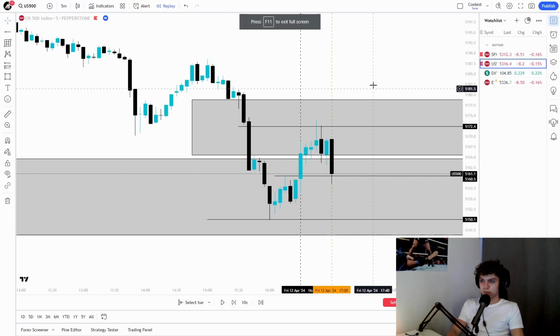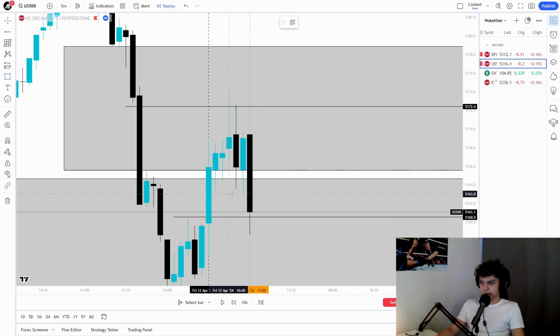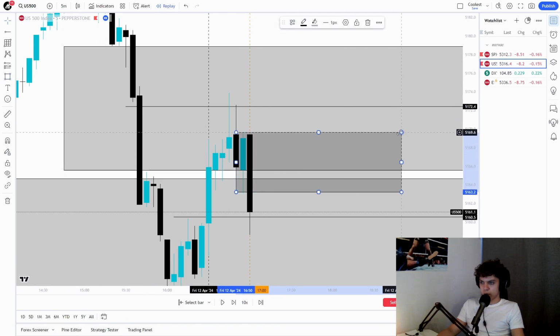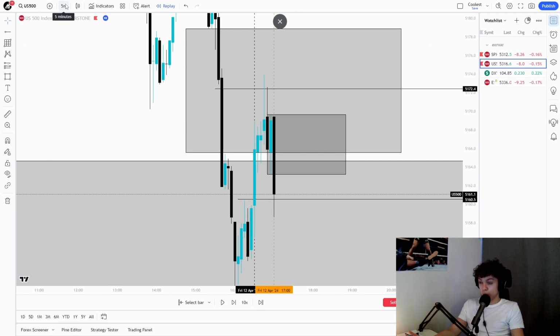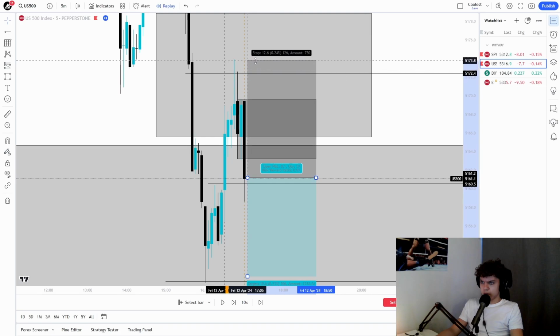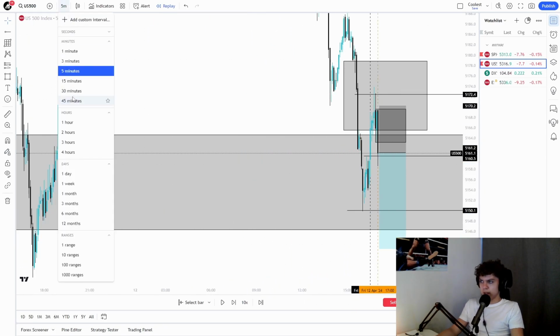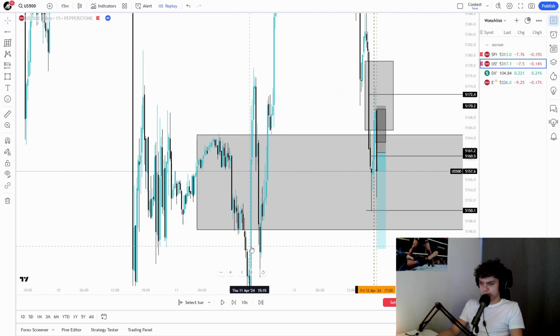Okay, so what do we have? We see a break of structure on the 5 minute. We have this bearish order block. This is quite a good setup. So what can we do? Let me just check how it would look from here. Like this, above the order block, and right here. So this is a 1 to 2, and the take profit is,